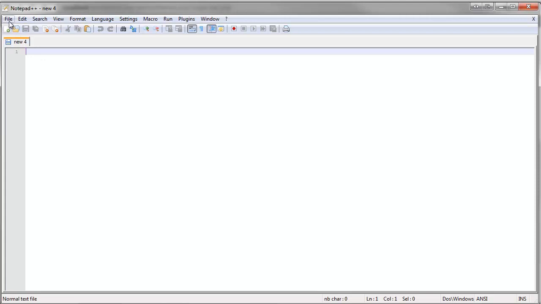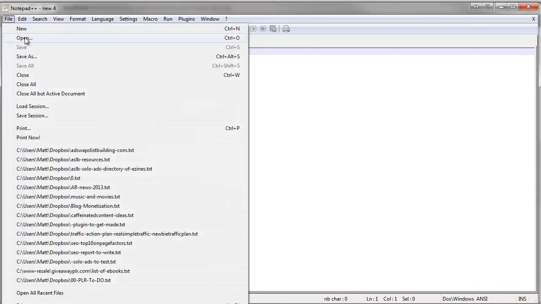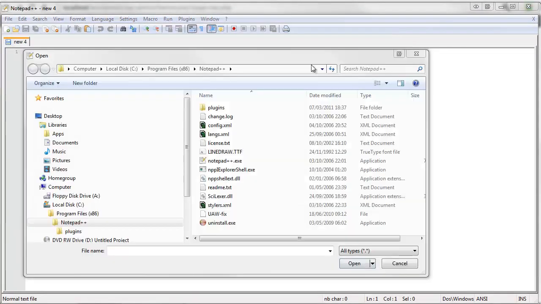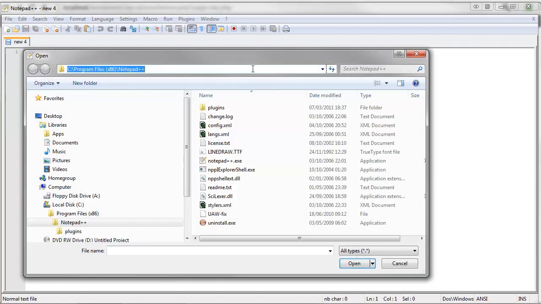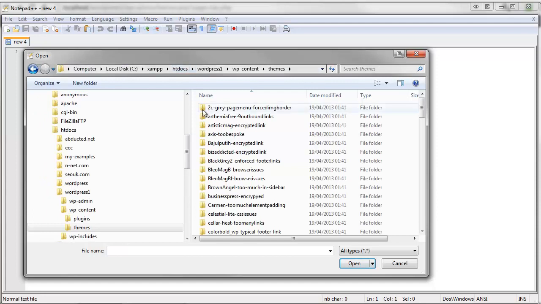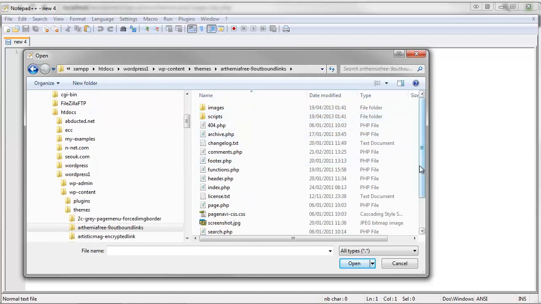Now what I'm going to do is click on open, and when it comes up I can browse to the folder where my themes are. What I'm actually going to do though is use a shortcut which will take me straight to them. Basically browse to XAMPP, htdocs, the WordPress directory where you've got the themes that you're cleaning. Okay, so once you're in that directory you can find the theme that you want to clean. In this case it's called Arthemia, and the first file that we want to change